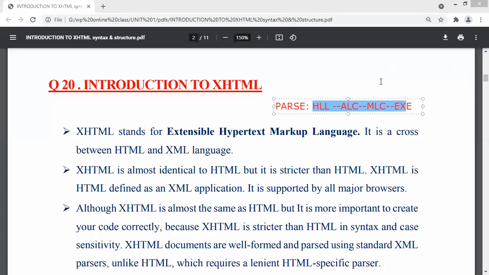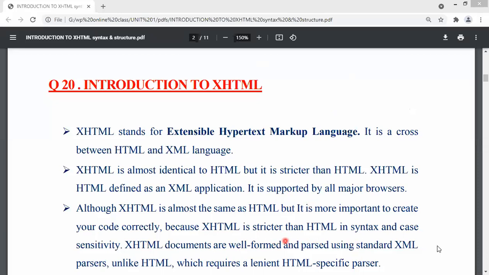So parsing is nothing but a procedure of converting your code, right? A procedure of converting your high level language into a language understandable to the browser. Conversion of your code. So in HTML, parsing means taking that HTML or Western European language code, which follows an ISO standard, and converting that code into a browser understandable form.